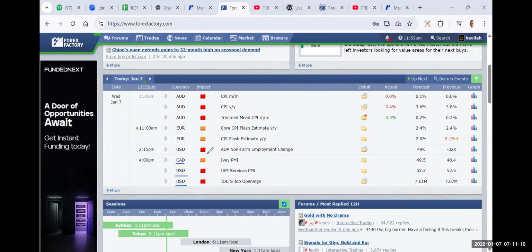Usually the rule of thumb is that you don't place a manual trade or a technical trade 2 hours before the release of a fundamental event. The reason is that you may place the trade, and the data comes out from the fundamental and goes against what you've placed technically, and that could lead to you having a losing trade.